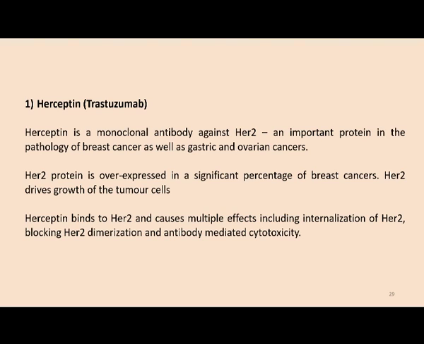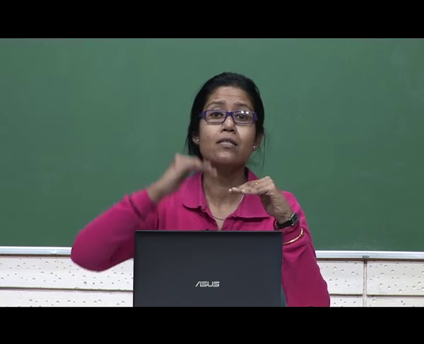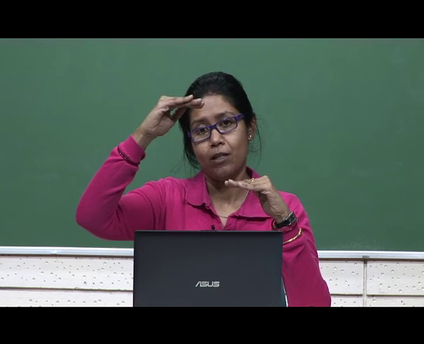Now, the second example of such a monoclonal antibody is Herceptin, and Herceptin is a monoclonal antibody that binds to the HER2 protein. Now, you may have already heard about HER2 protein, because HER2 protein is often mentioned in the context of breast cancers and ovarian cancer, and HER2 protein is highly overexpressed. Overexpressed meaning the HER2 level in normal cells is very low or minimum, but in cases of these cancers, the HER2 expression exceeds the normal expression levels. Therefore, it is an overexpression. So, HER2 is highly overexpressed in some subsets of these cancers,